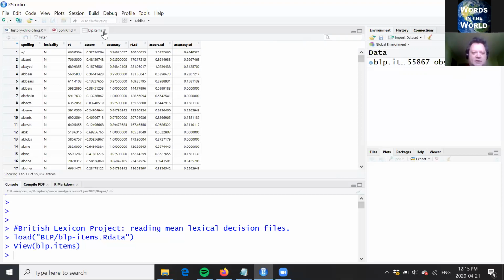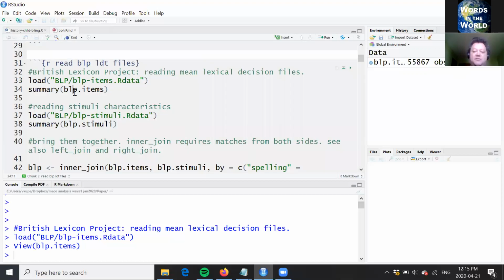So this is what the file comes in as from the creators. Okay, and it is our job to change it or rename the columns in the way that we want. Now, you will notice that in the British Lexicon project, we have separately the response times data with words, of course, and